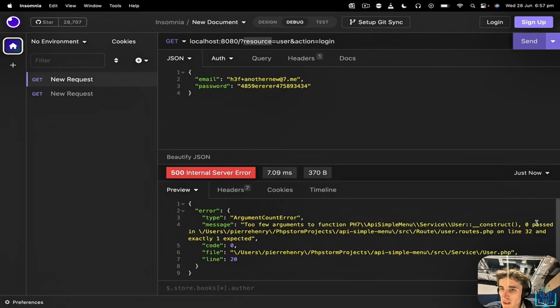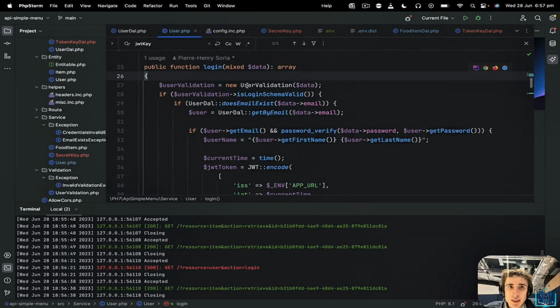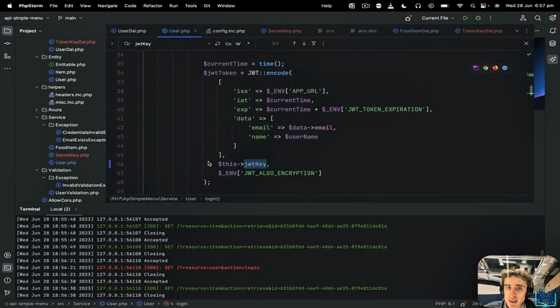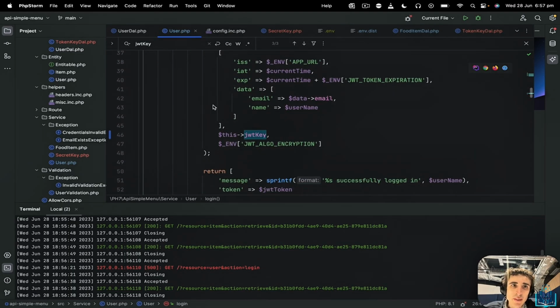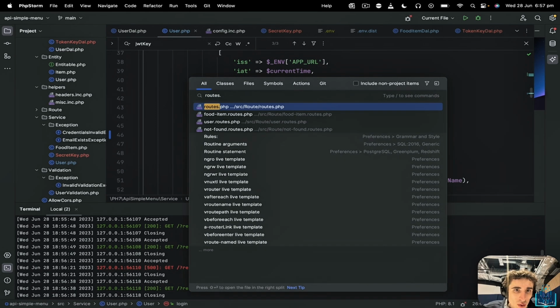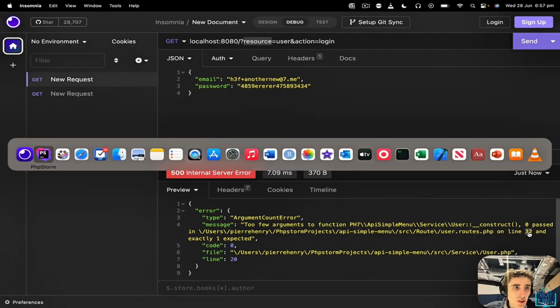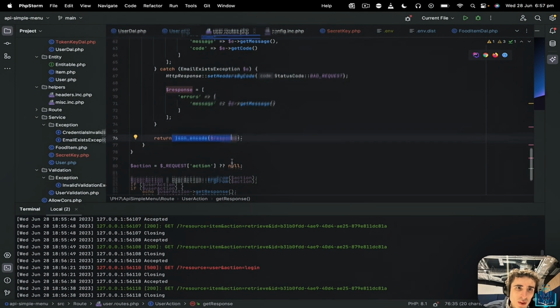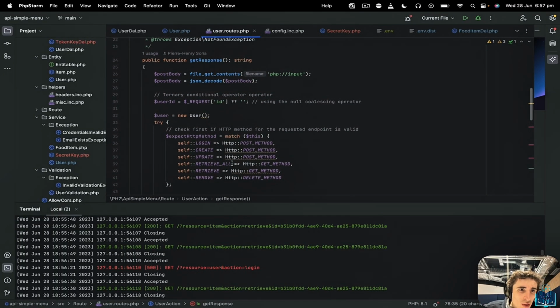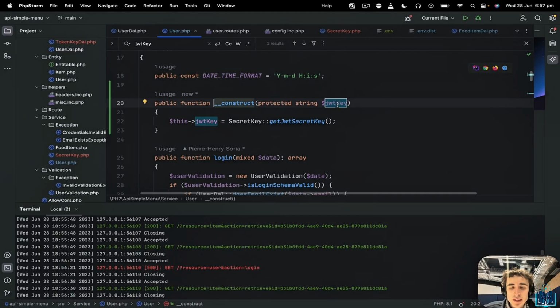and here I do login, and you see I have an error actually, a little error, because if I go here in the login, so this is what we want to hit because it's where it uses JWT, but apparently the error is from the root user. So this one, user.roots.php line 32. Let's have a look on line 32. Because of the constructor, you see user we call there,